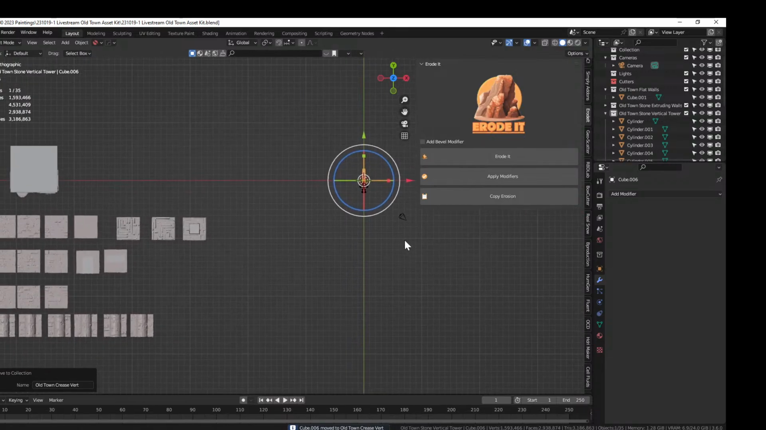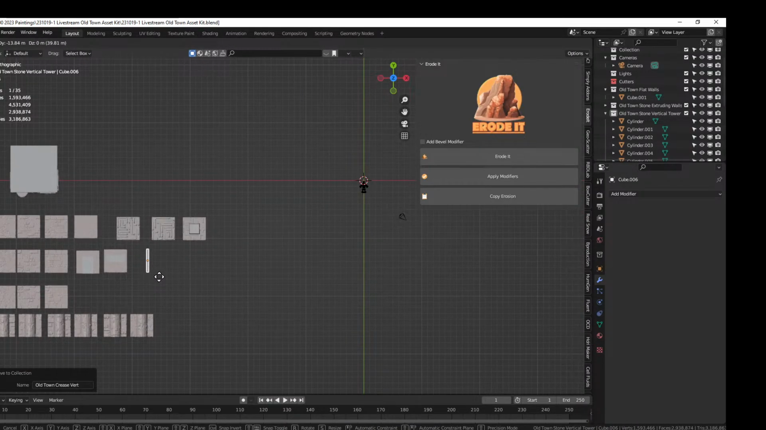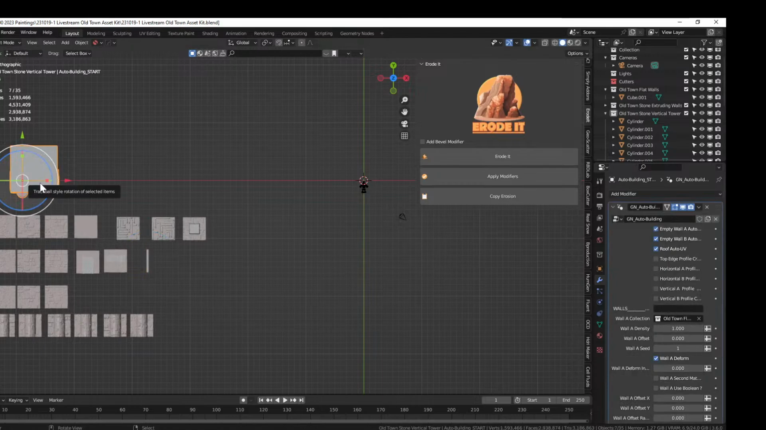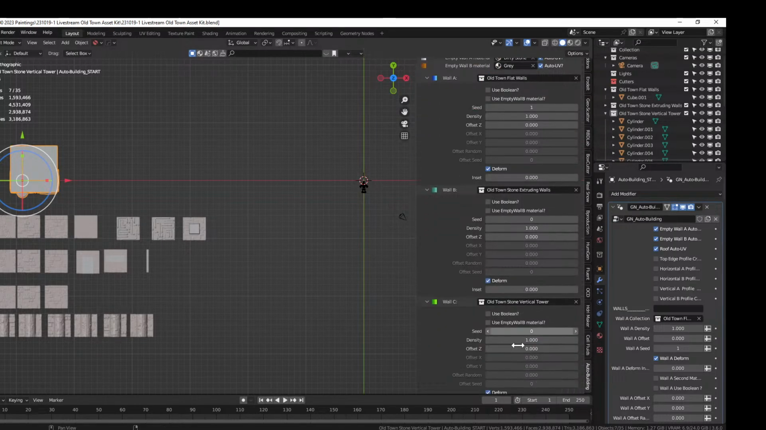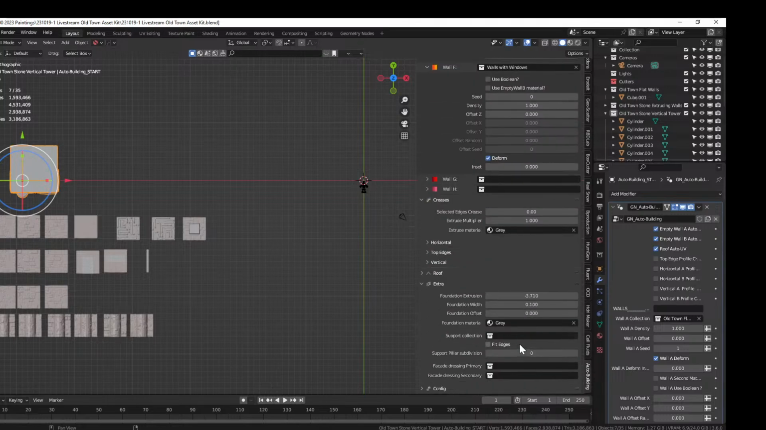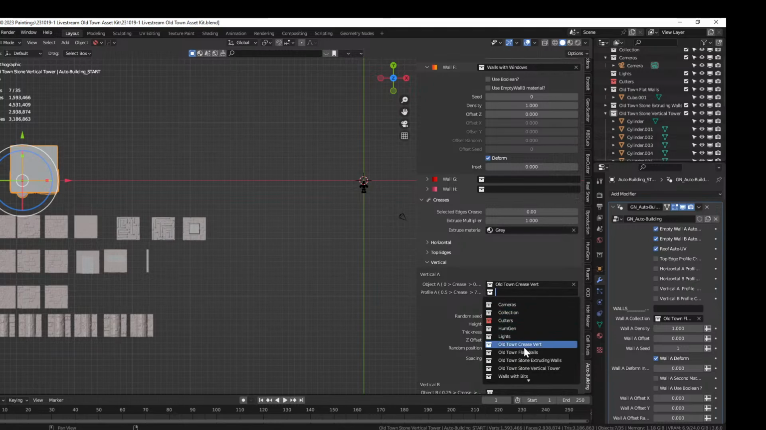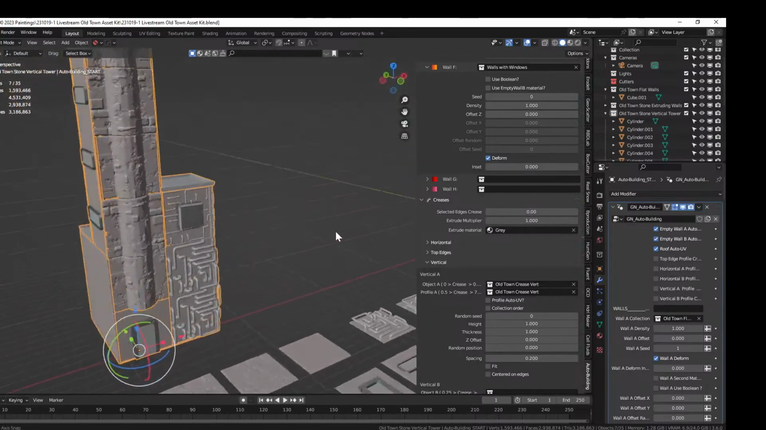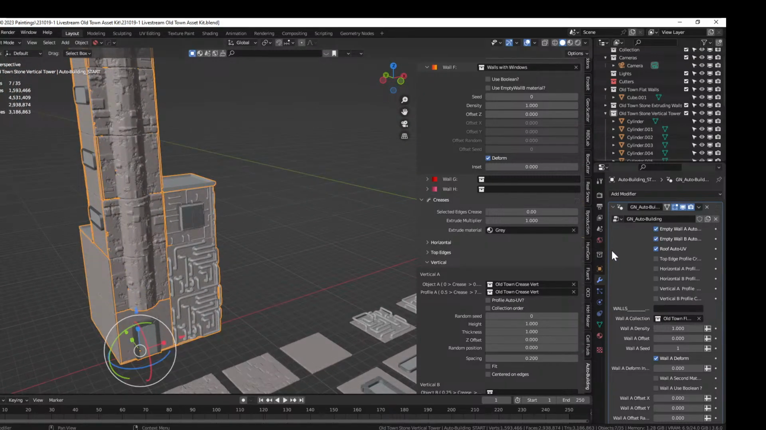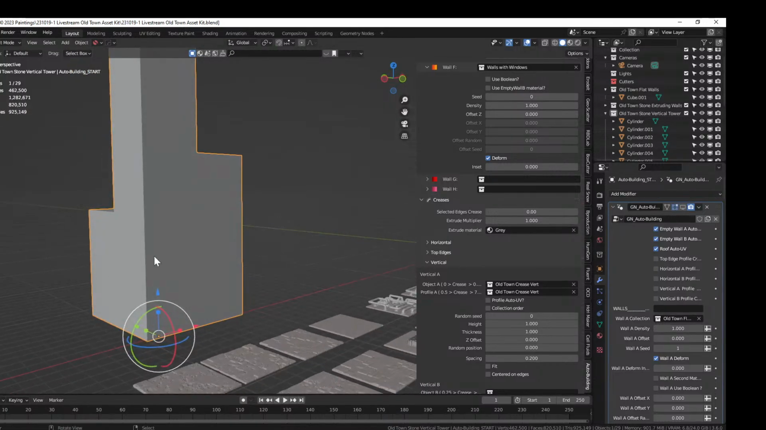Now let's bring it over to here. Okay, here. And auto building. Let's see, creases, vertical crease. I'm just gonna have one for both right now. And I should, let's look, be able to